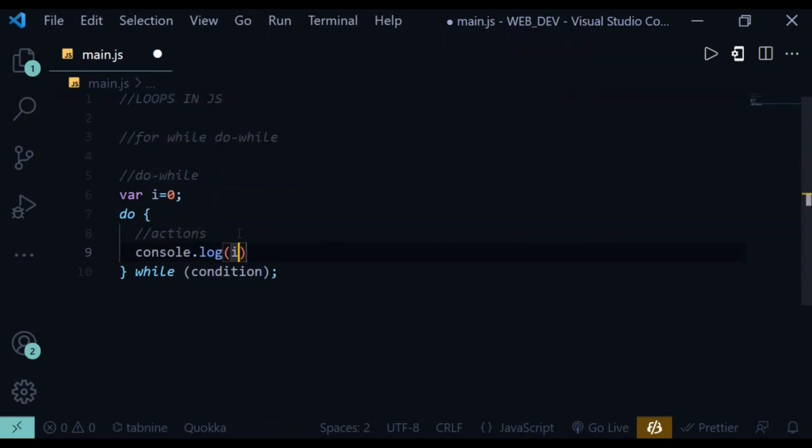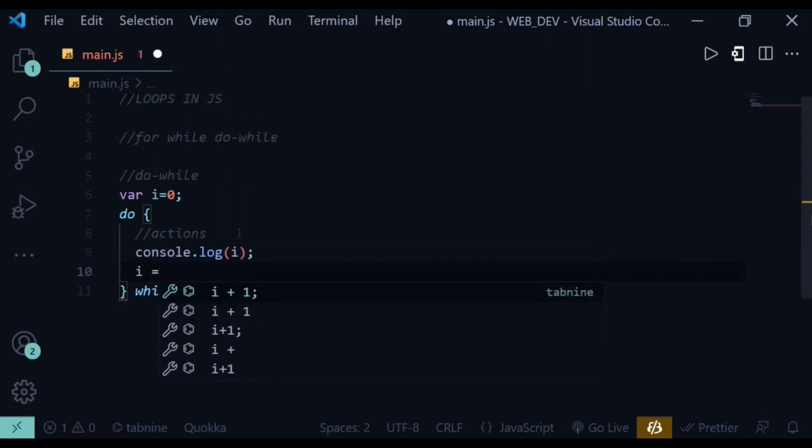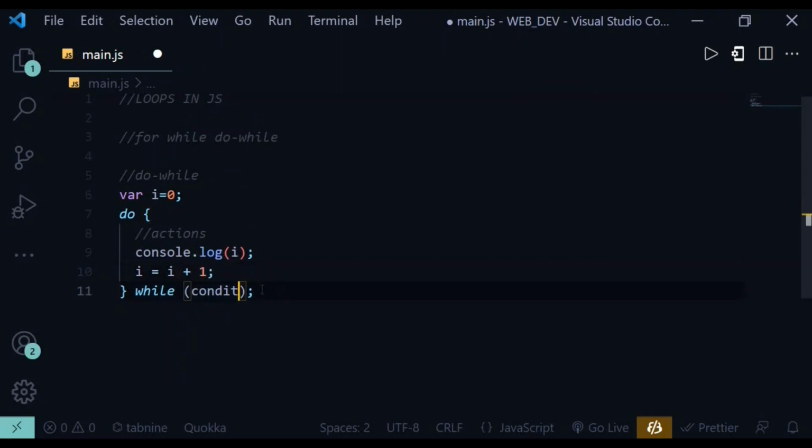So let's first of all log out the variable i, and after logging out the variable i, let's increase the variable i by 1. So this is how it's going to perform. It will first of all perform the action. It will first of all log out 0, and after logging out 0, it will add 1 to 0. So we have the variable i to be 1, and check if 1 is less than 10,